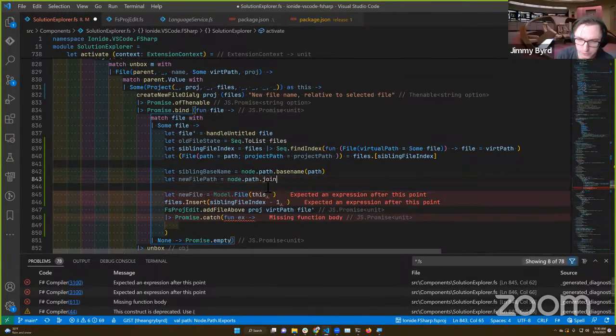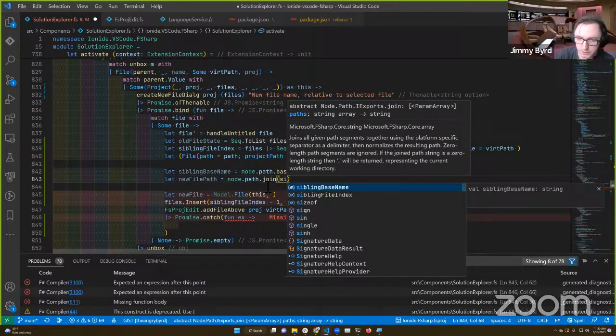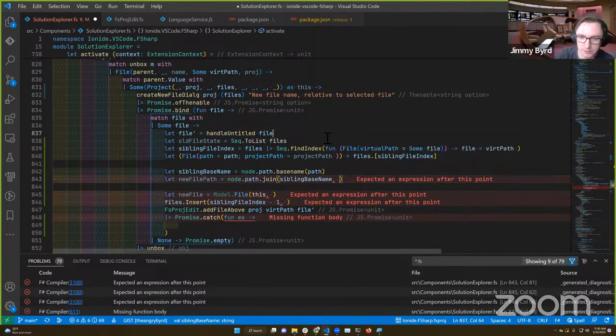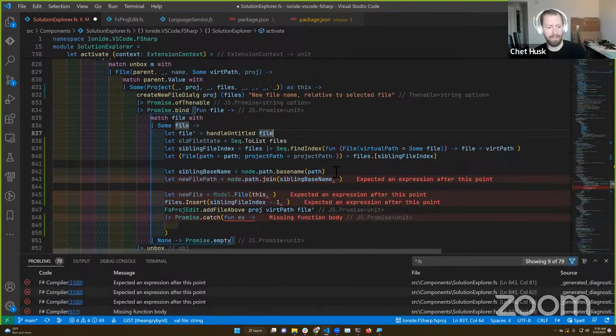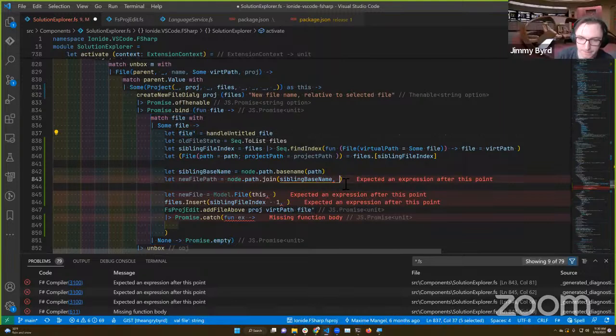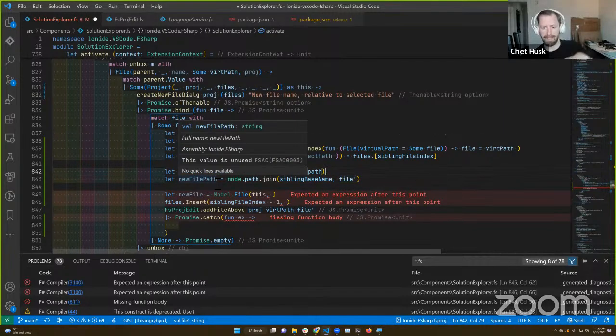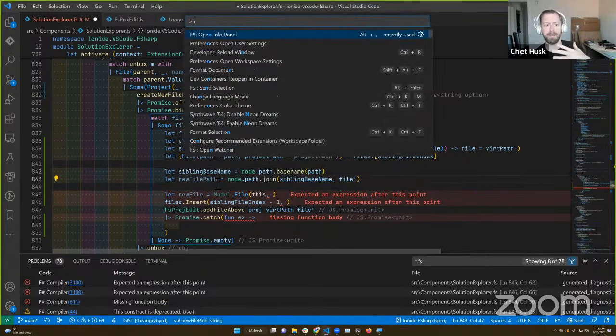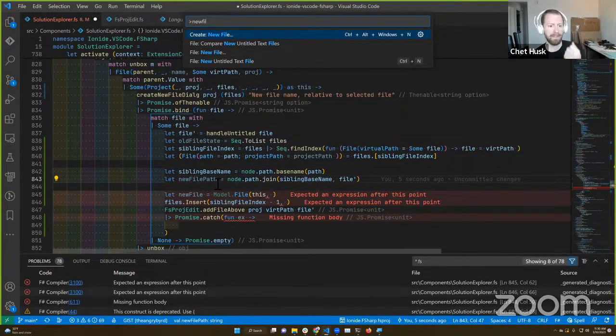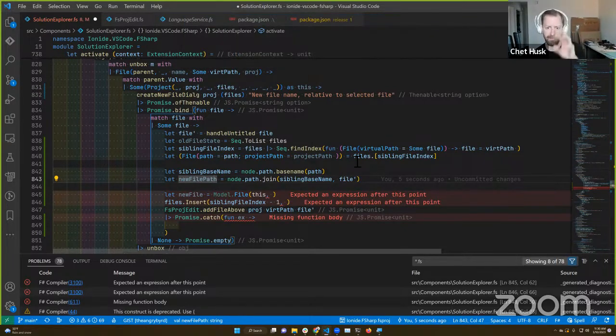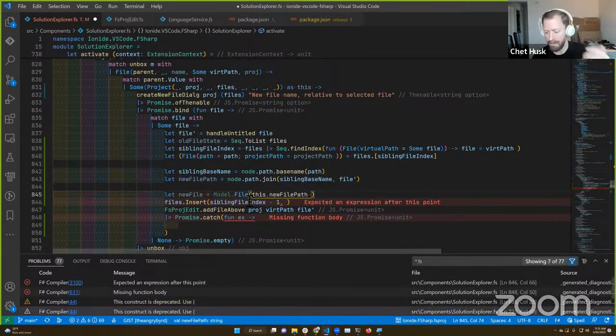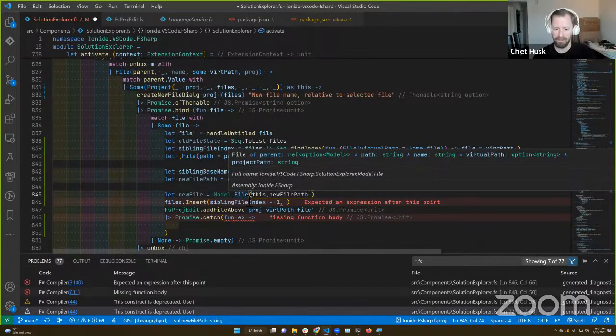So combine, join. All right. Sibling base name, and the one we want is file prime, because that's the one that should have appended the extension if necessary. And that's necessary, folks, because when you just control N to make a new file in VS Code, you get a file with a URI of untitled:/ and some pattern-generated file name, but there's no extension and no language associated with that file.